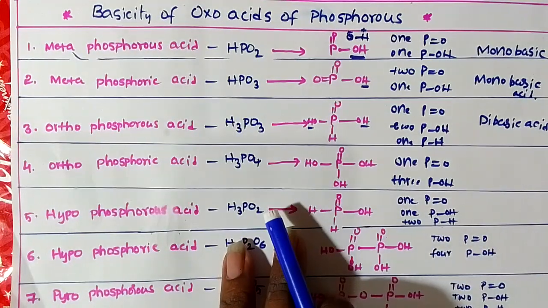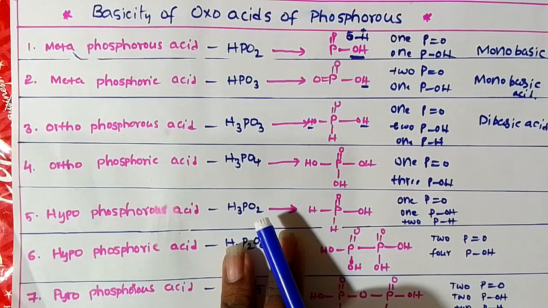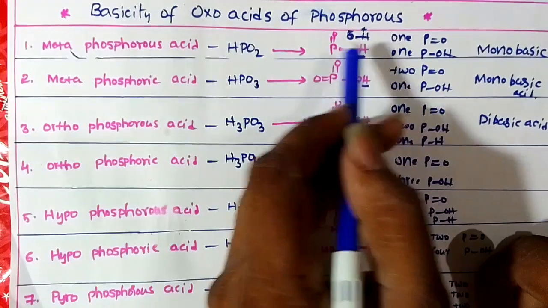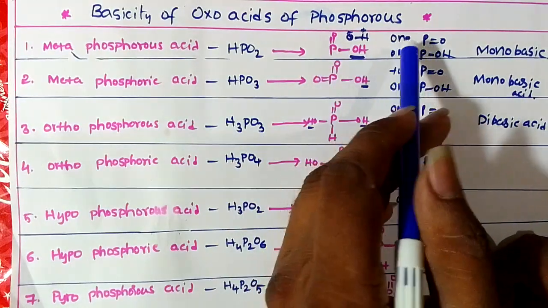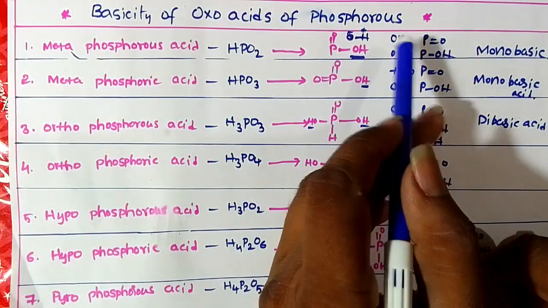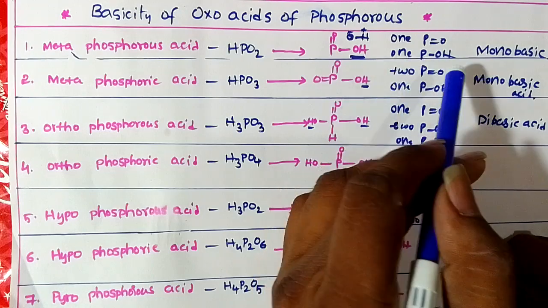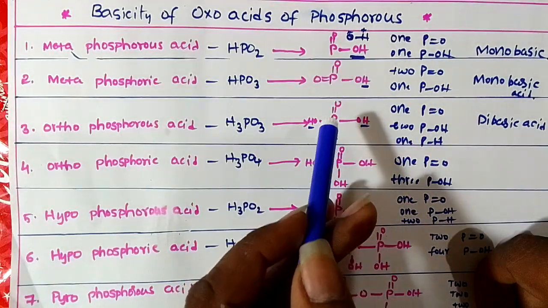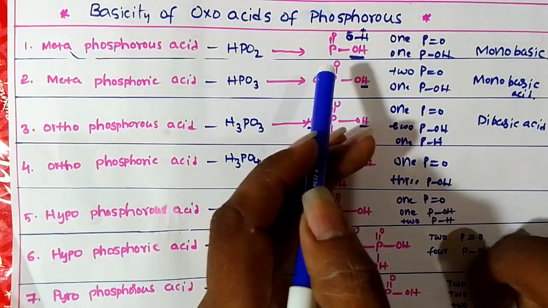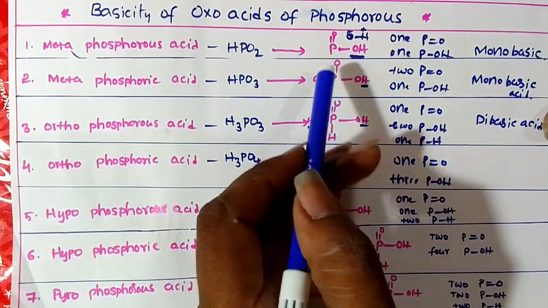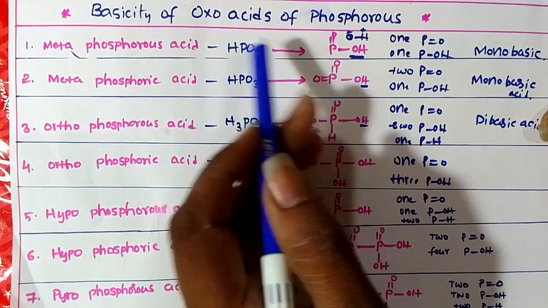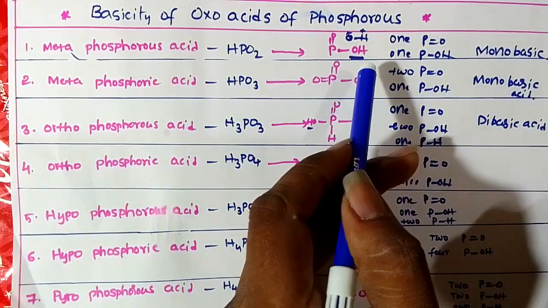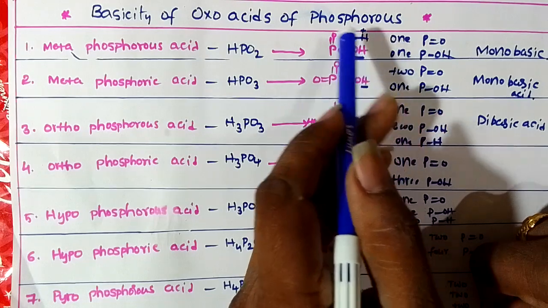Okay, now coming to metaphosphorous acid. The formula is H3PO2, and the structure is like this: P=O, P-OH. It contains one P=O group and one P-OH group. Every such acid contains at least one P=O group and one P-OH group. So now coming to the acid, it contains one P=O group and one P-OH group, and the hydrogen atom in the P-OH group